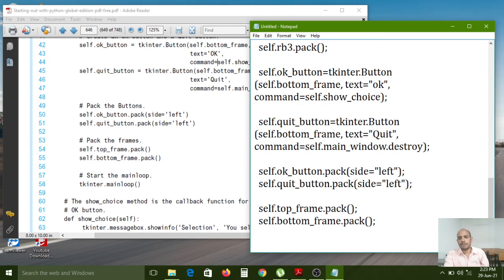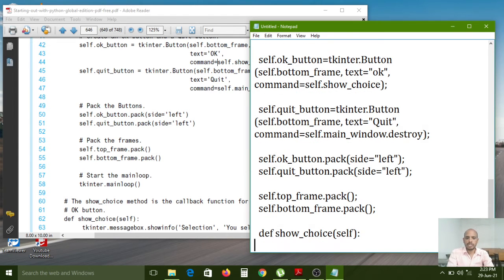If you click the OK button, whichever option you have selected, that option you need to show as the output. So for that, def show_choice, the callback function you have passed in. For that we need to create the logic.